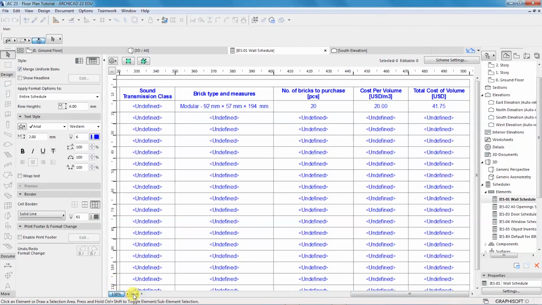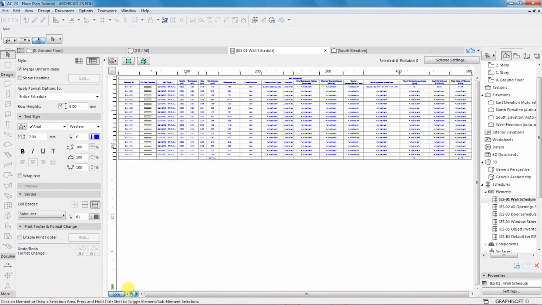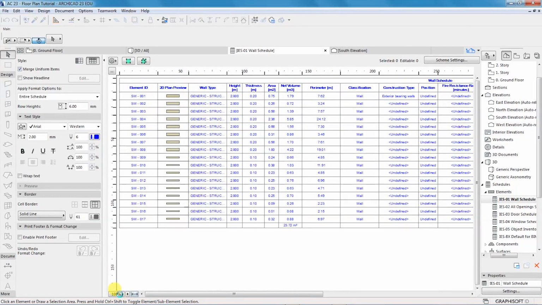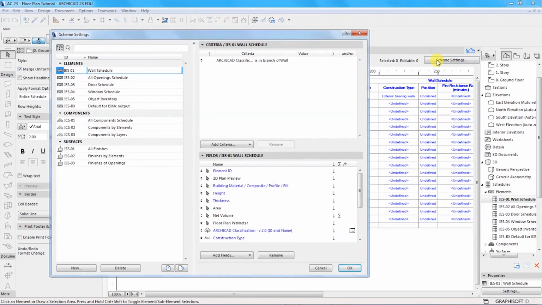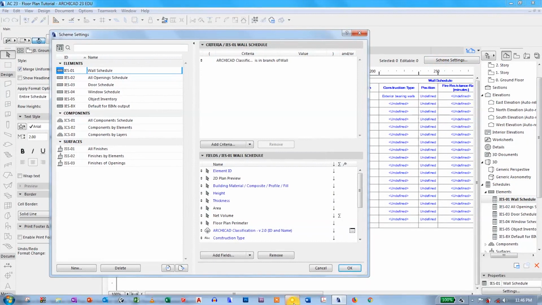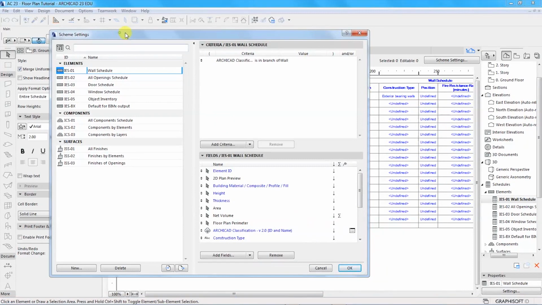So I want to fit this to width by clicking on these two double arrows. Now I have 100% zoom, and if you wanted to either add or subtract any of this information that we have in these columns, you can do that by going up here to scheme settings. Click on scheme settings, and when you open scheme settings, you will be able to see this